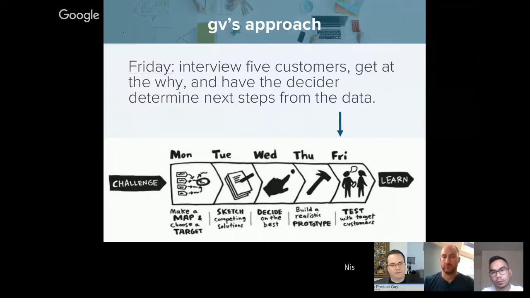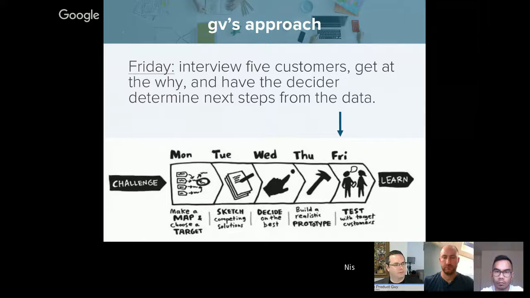So just to recap, Monday you're mapping out all the decisions that need to be made, along with all the different customer segments. So it's very customer-centric, very decision-centric, so that all the data hopefully fuels a decision. Tuesday, it's a high-level overview of sketches, of what others have done and what your team could do. Wednesday is this voting method of deciding which you like best